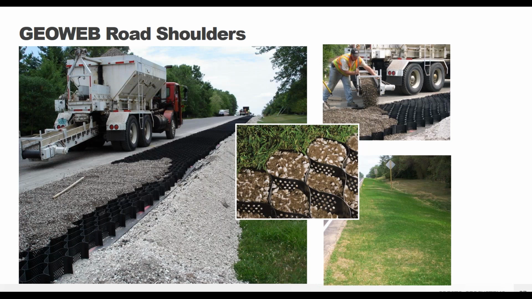And the GeoWeb system can also support all types of highway traffic loading. Like I said, it's up to AASHTO H25 or even heavier. So it makes a great option for extending road shoulder areas. And so the GeoWeb system can be filled either with stone, or you can fill it with what we call engineered fill, which is a 2/3 aggregate, 1/3 topsoil mixture. That's what's in that inset photo. And so this allows for vegetation growth while still supporting those vehicle loads, so that you get a green shoulder, but it could still support vehicles if they need to pull off.